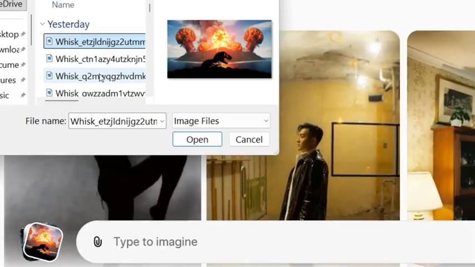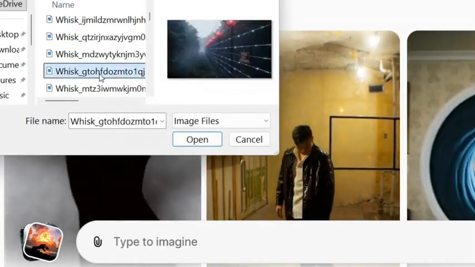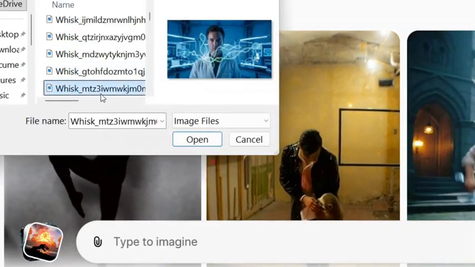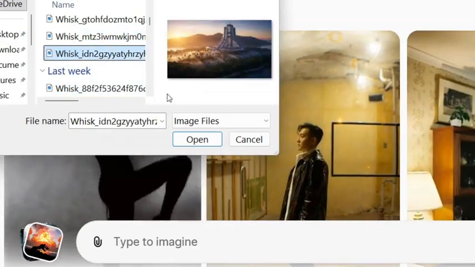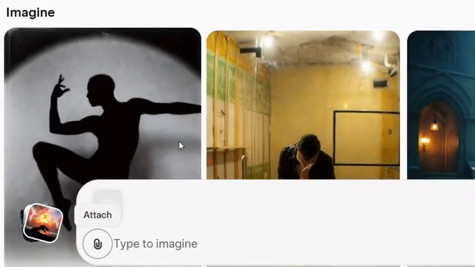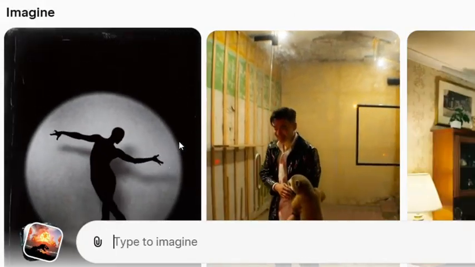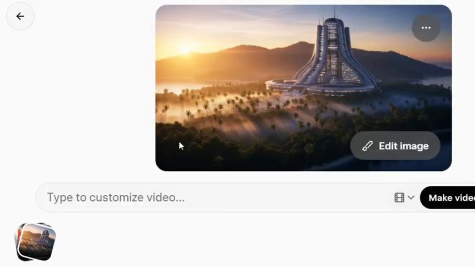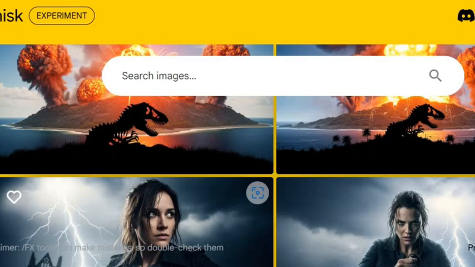Now, the next thing you are going to do is to click on the image you generated. Now, let me look for that image I generated a moment ago. The first image I generated. This is the image I generated a moment ago. I'll click on open here, and when I click on open, the next thing I'm going to do is to head over to ChatGPT again, where I'll go and copy my image to video prompt. Now, let's go back to ChatGPT.